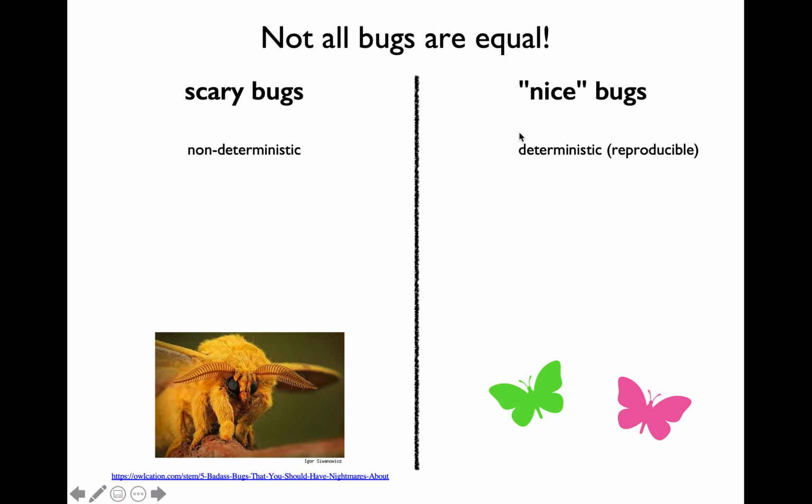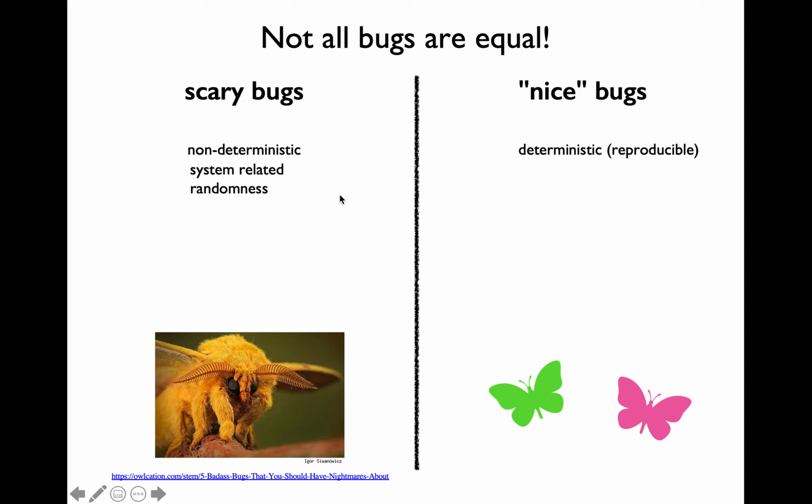Deterministic bugs are really nice bugs because you can reproduce those every single time, and whenever you're able to reproduce a bug consistently, you can very easily fix that bug, correct? Non-deterministic bugs are scary bugs because it's very difficult for you to reproduce those. Let me give you two examples of non-deterministic bugs.